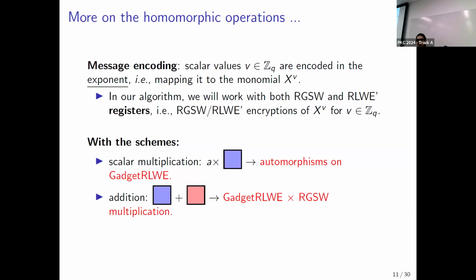So a little bit more on these homomorphic operations. Going back to what I said for the bootstrapping, where everything was encoded in the exponent, well, we do the same thing. So for the message encoding that we have in our work, a scalar value is going to be encoded in the exponent, which means that we are mapping this value to the monomial x to the power of that value. Now, as I just said, we're going to use two schemes, RLWE prime, so the gadget RLWE version, and RGSW. And so going back to the two operations that I want to do, we have scalar multiplication. To do these scalar multiplications, we're going to use automorphisms on gadget RLWE. And for addition, we are going to use